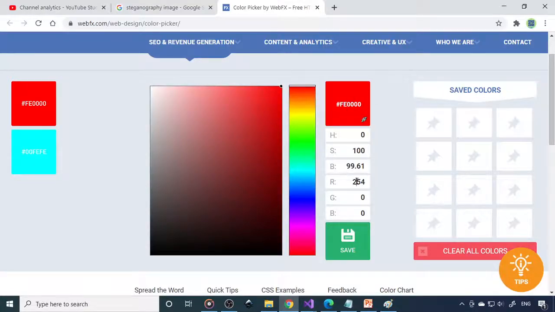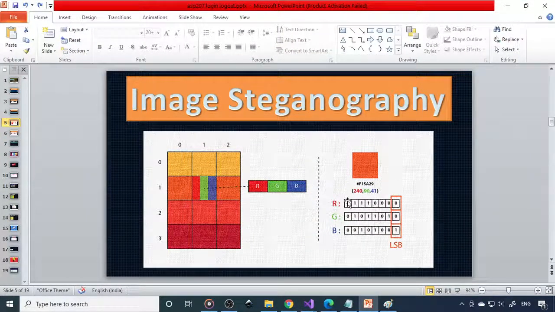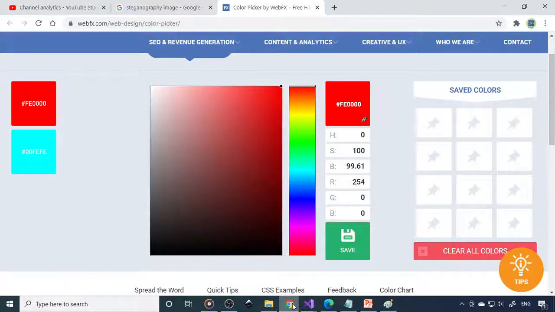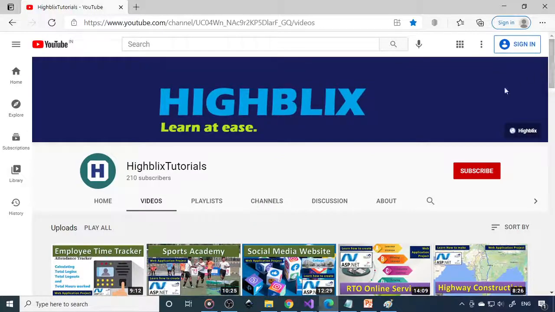But if you change another bit, somewhere on the left, because that value is higher, while this value is very, very small. Therefore if you change the small value, 0 or 1, 1 or 0, there is not much change in the picture quality. That's why this concept is used in steganography. We'll bring different videos about steganography, so you'll understand the whole concept.